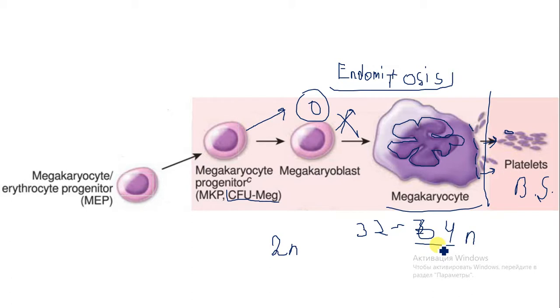So you see, one n is equal to 23 chromosomes, yeah? And you can multiply it, 64 multiplied by 23, and that will be the amount of chromosomes inside this nucleus. And this is an enormously large cell that outpouches small portions of its cytoplasm to form platelets. So this process of platelet formation, it's a tip for you,